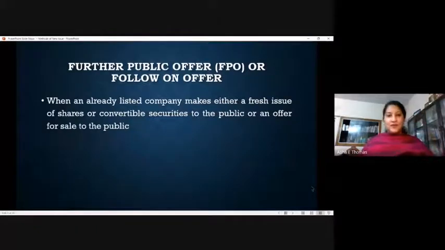They would be saying that the offer will contain all these things, like we utilized your initial money which was invested with us, we could gain a return of so and so, and now we are planning for an expansion in the coming future. In this regard, we would like to invite your partnership or your contribution to that capital through further public offer. So that's the content or the context of further public offer or FPO.